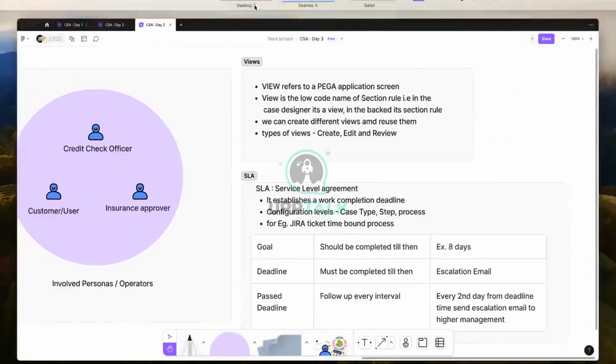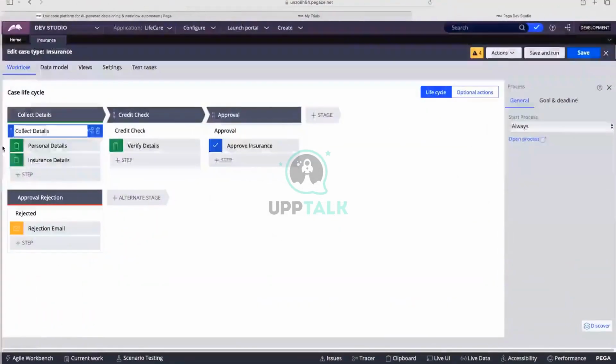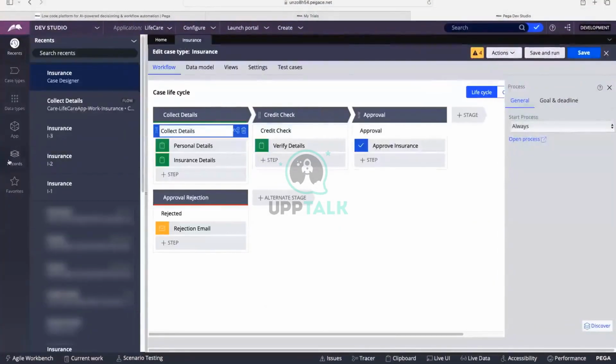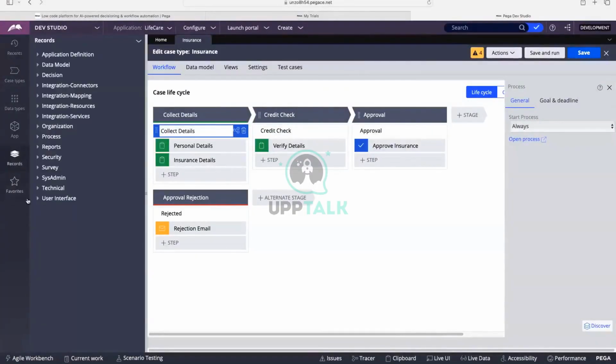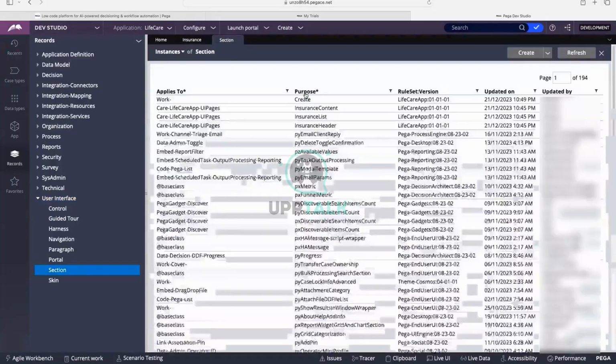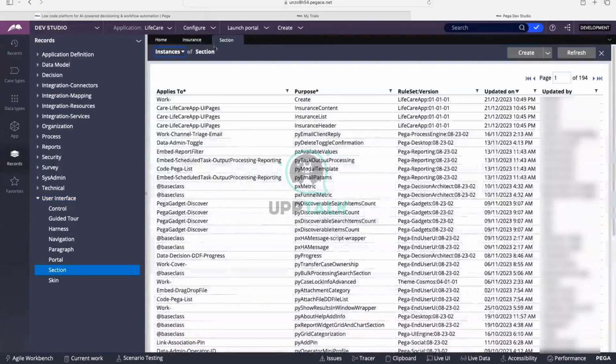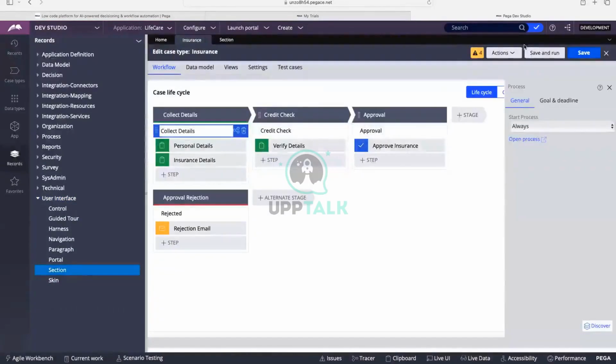Let me go to case 1. If I go to records, if I go to user interface, in the second session I explained we have the rules and the rule type, and user interface is a rule type. Inside user interface, we have a rule called section. Section is the thing which we usually show to the user, like on the screen. For example, if I create this case,